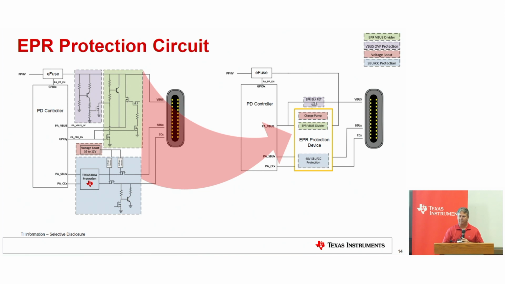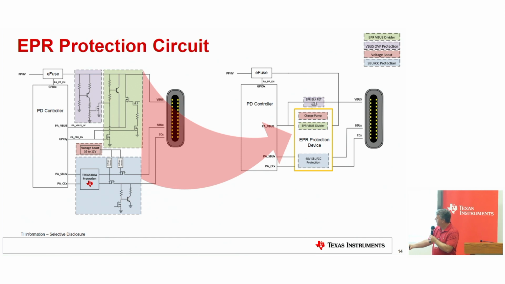So our chips now currently can handle up to 20 volts, actually up to almost 28 from a safety point of view, but we handle the traditional contracts up to 20 volts. To be able to connect this to a system that's going to negotiate and provide power and talk through up to 48 volts, there's some extra circuitry now that's needed externally that on a simpler non-EPR was not needed. I'll highlight that here, and I'll cover from a high level what this circuit is.